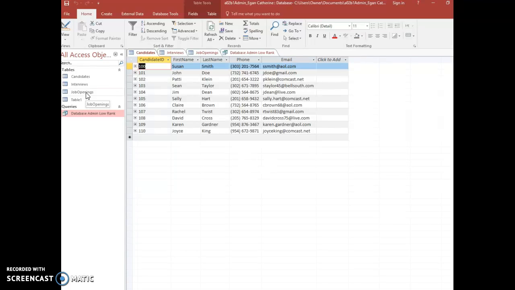Once we created the tables, we were to enter certain information into the tables by labeling, in the candidates table, the ID, the first name of the candidate, last name, phone number, and the email. Also on this table, we were asked to set the data types, field properties, and name a primary key for